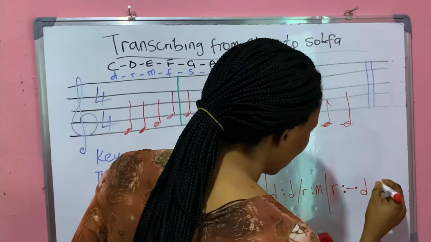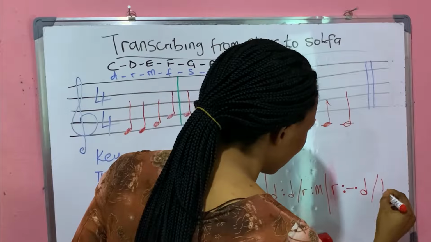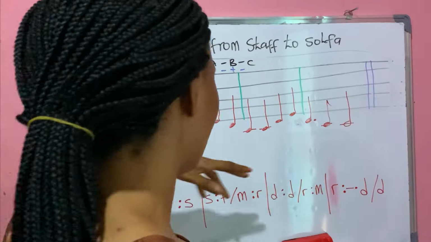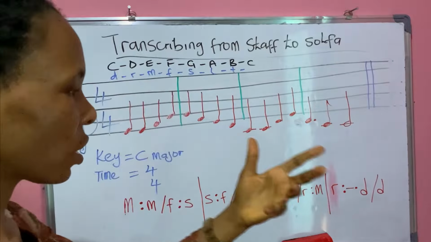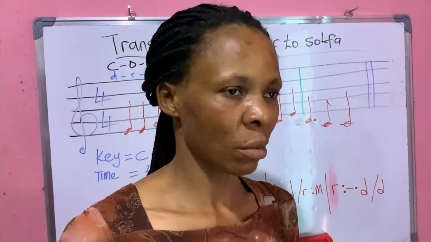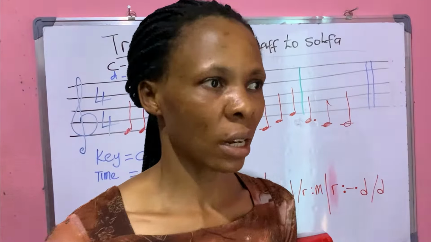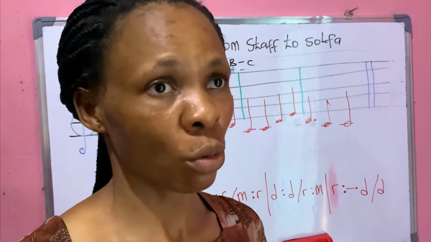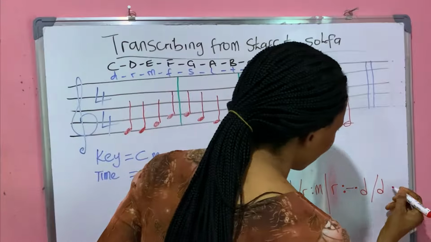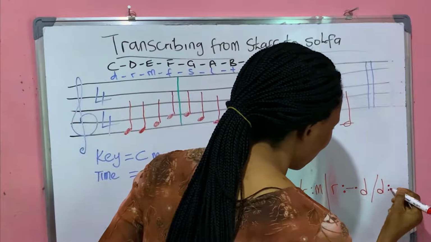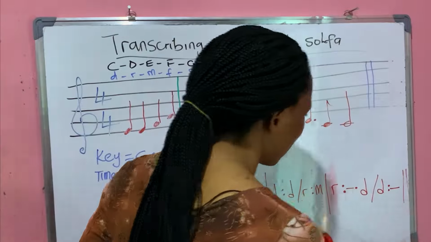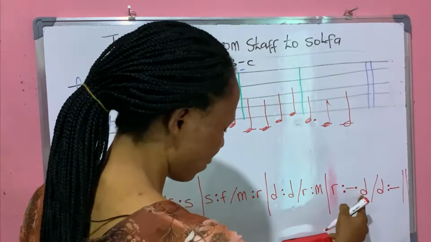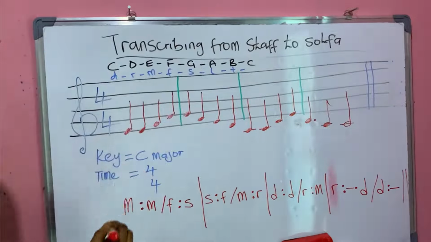Re, Do. Then you put this slash, and this Do is a minim. So what's the value of a minim in this time signature? If the crotchet is 1, the minim is going to be 2 counts. That makes this note 1 extra beat, that's 2 beats. Now this is 1.5. So now if I should write out the beats of this music,